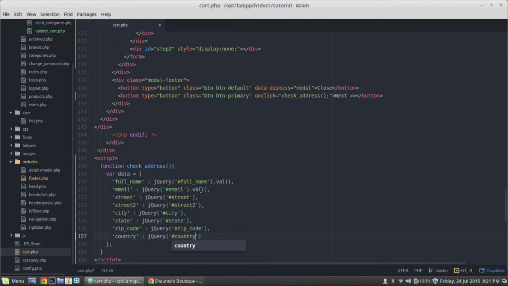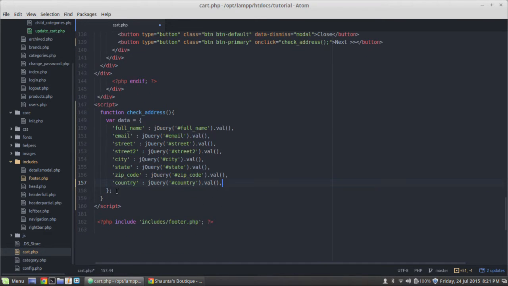And what I did notice is I haven't called the value function or method on any of these, so let's just do .val. Okay, and we don't have to put a comma at the end of that, but I'm going to. That's personal preference, just because if I come back later and add another field, I don't want to forget that comma. Alright, so now that we have our data attribute,